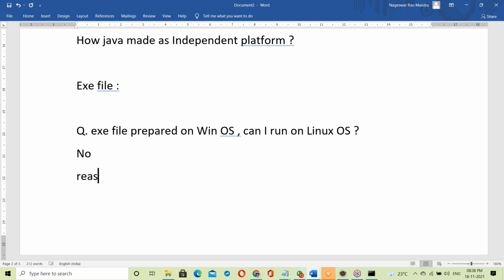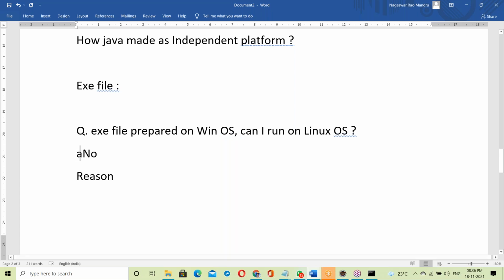What's the reason here? An exe file prepared on Windows base, can I run it on Linux base? The answer is no. Why? The reason is that an exe file